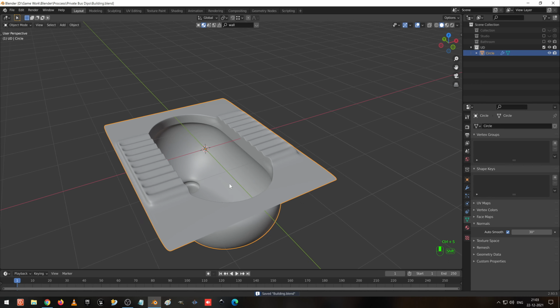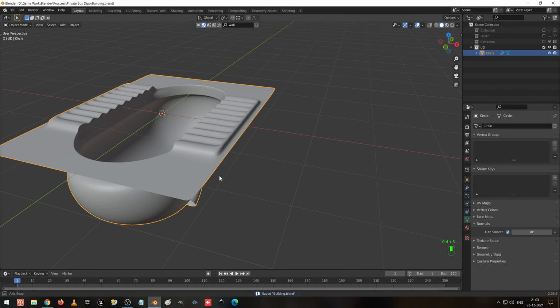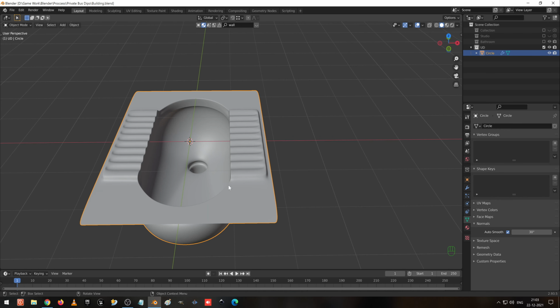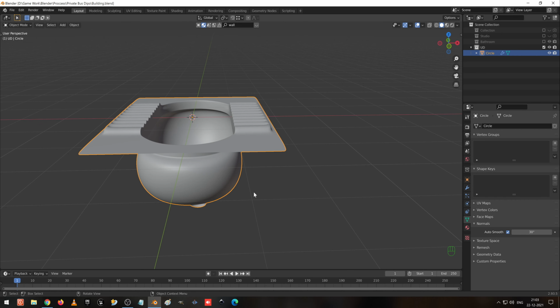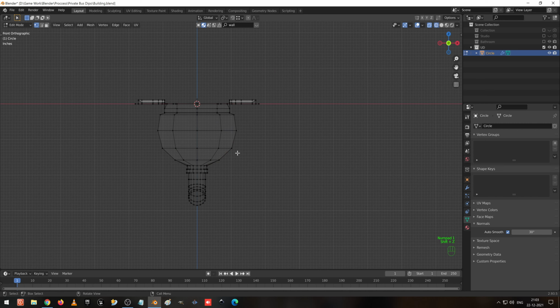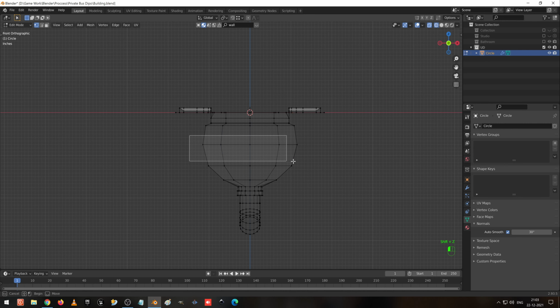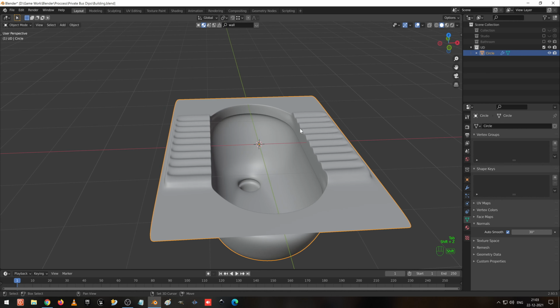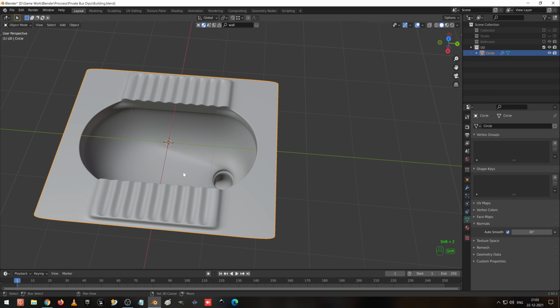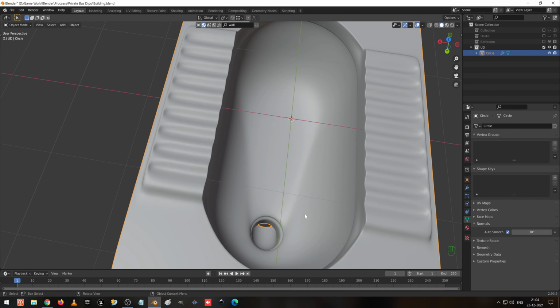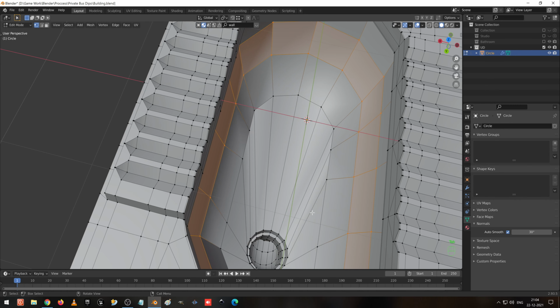So our top is ready, but the bottom looks a little bit big. I'm going to reduce it a little bit. So what I'm going to do is go to edit mode, press 1 on the keyboard, go to the wireframe and select these two, and scale slightly down inside. Okay, now it looks better, and here you can see one line is coming up, which looks a little bit different.